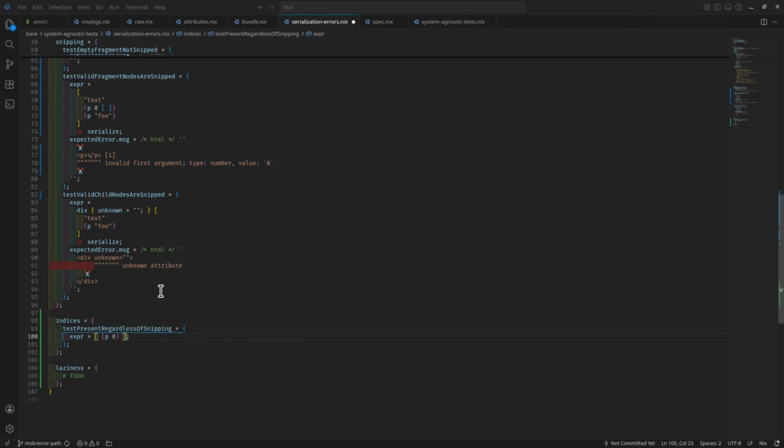So yeah, we are at the indices. So we have a fragment with a single node that is an error, produces an error, and